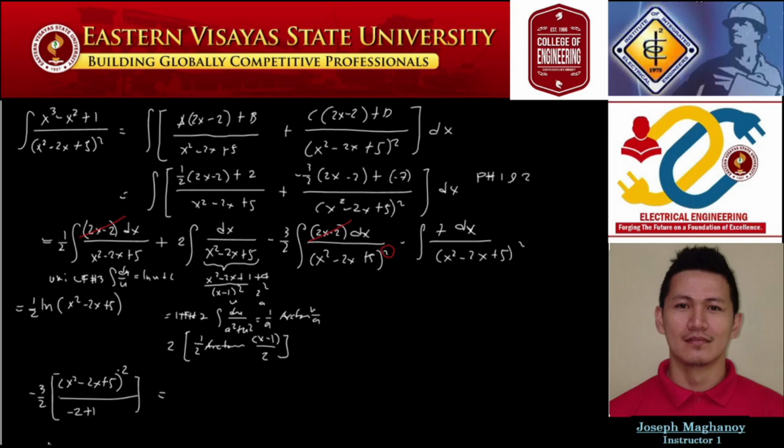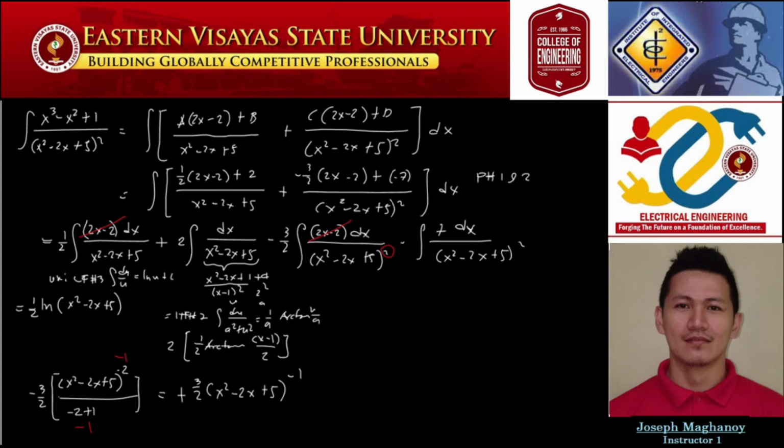So, okay, applying it, the remaining is only negative 1 here. Negative times negative will become positive. So 3 halves times 1 is still the same. That is 3 halves. Copy your numerator, that is x squared minus 2x plus 5. The remaining power is negative 1. So we are done